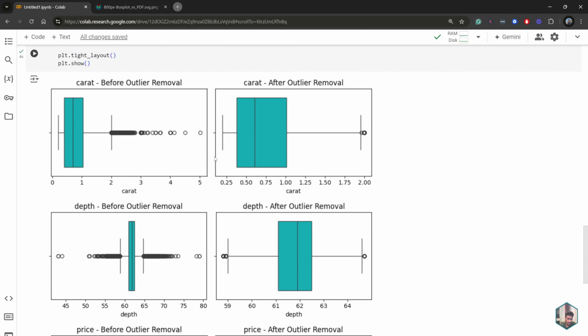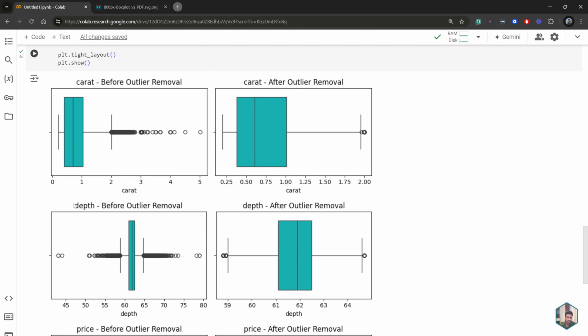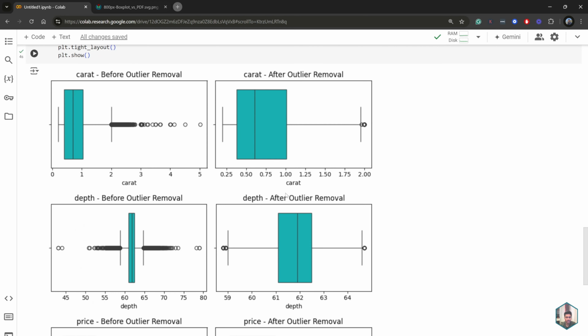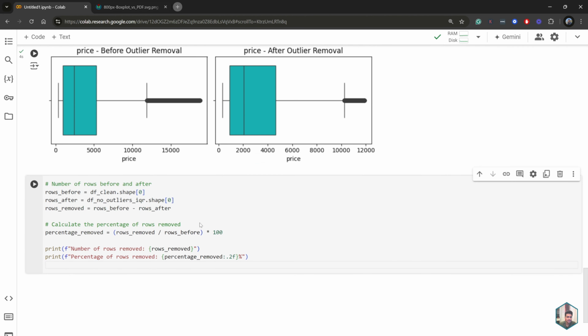So there you go. So this plot basically shows me for each variable, for example, depth, how the box plot looked before outlier removal and how it looks after outlier removal. So this is, I think, a very handy way to look at data side by side. Next, we'll try to see how many rows of data were actually removed. How you can do this is by basically getting the difference between the rows before and the rows after,